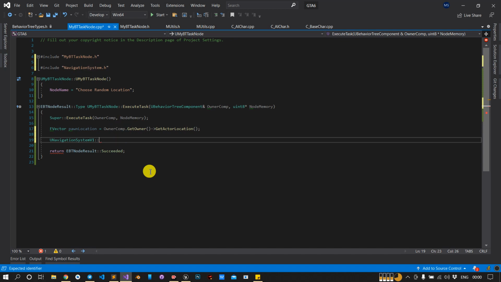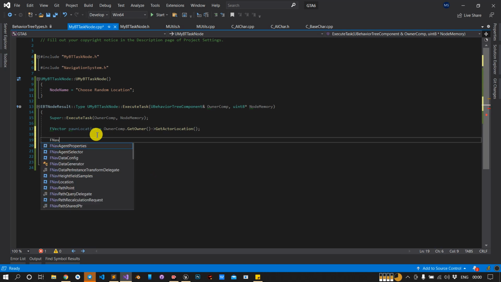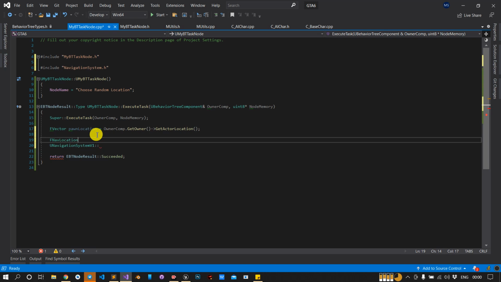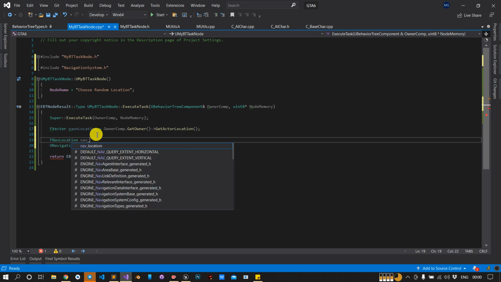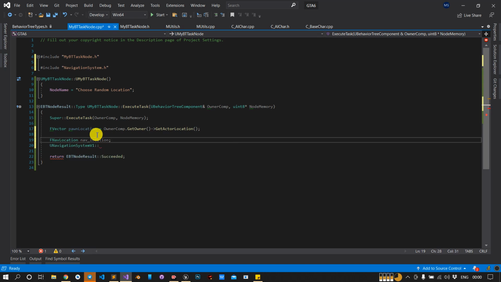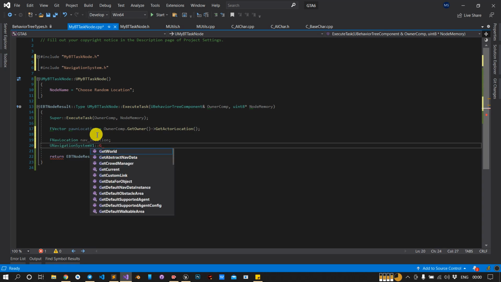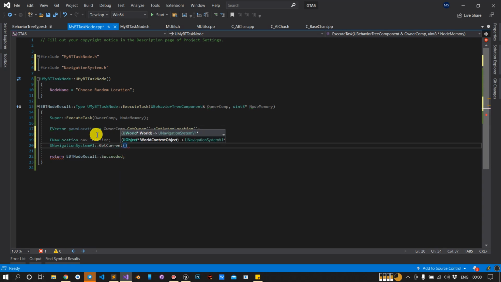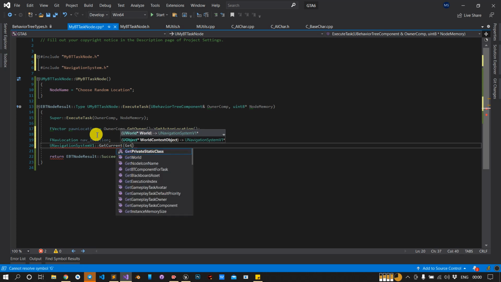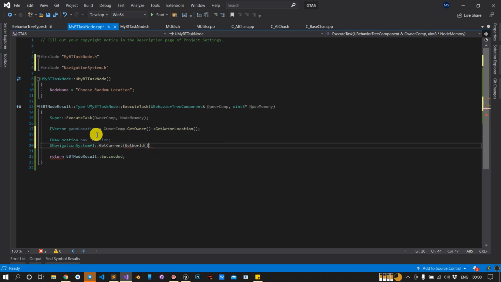First thing you have to do is get the current nav location. So just create that, FNavLocation, and we will name it NavLocation. Now get current, I want the navigation data of the current world.